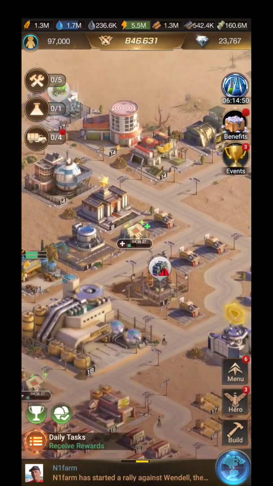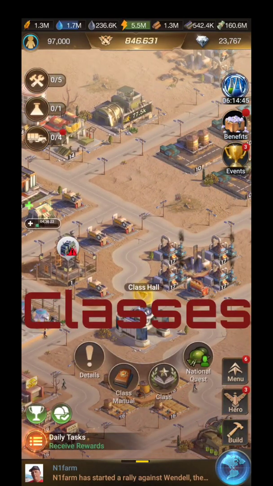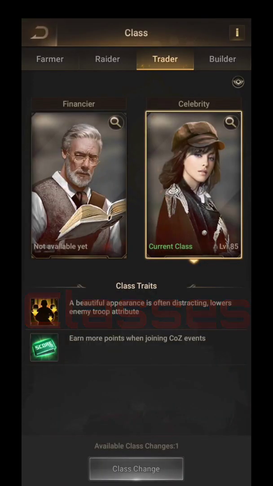So go ahead and watch that. But there are classes that all have different abilities, different benefits, if you will. And if you click here on this class building, you can see what they are. This farm that I'm looking at right now is a trader. The reason I like traders for farms